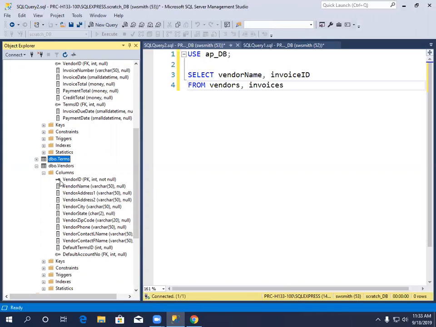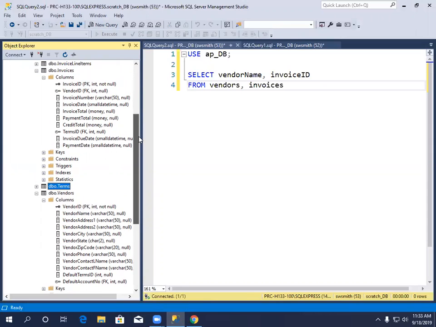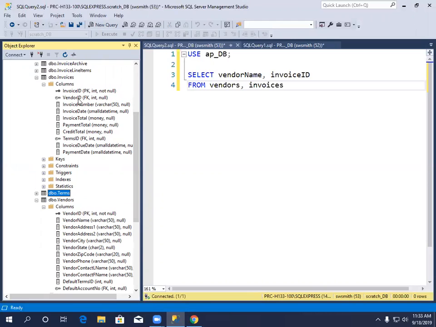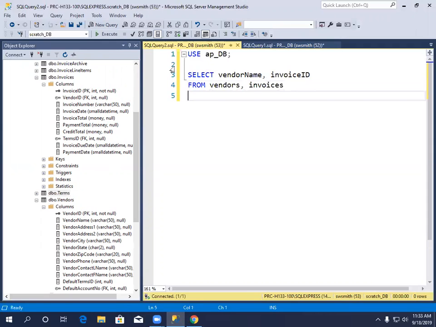I see it right there. It's got a key beside it. Do you see the key? What is the primary key? Vendor ID. What is the foreign key that references vendor ID? It is also named vendor ID, as I usually will have it. So where